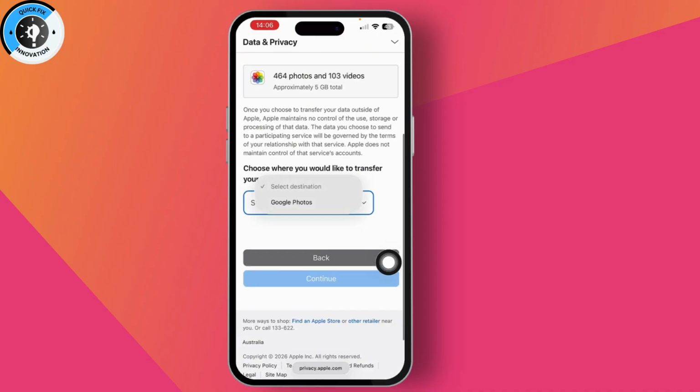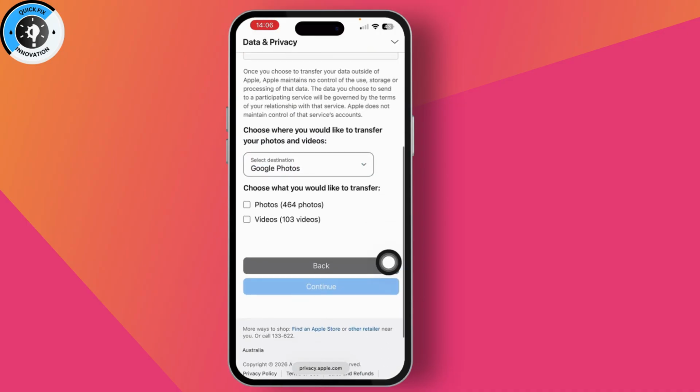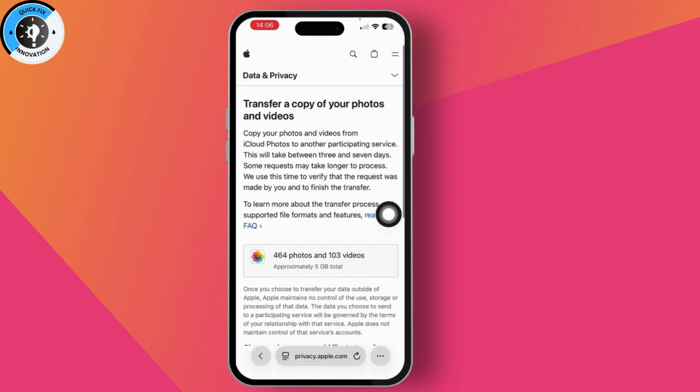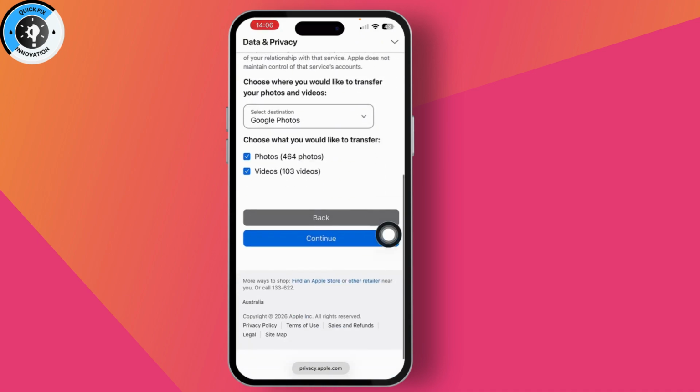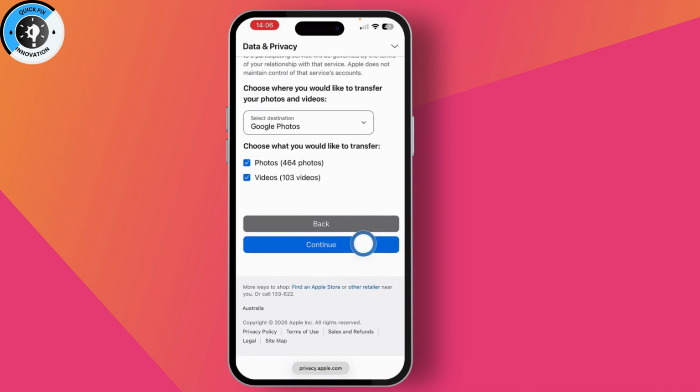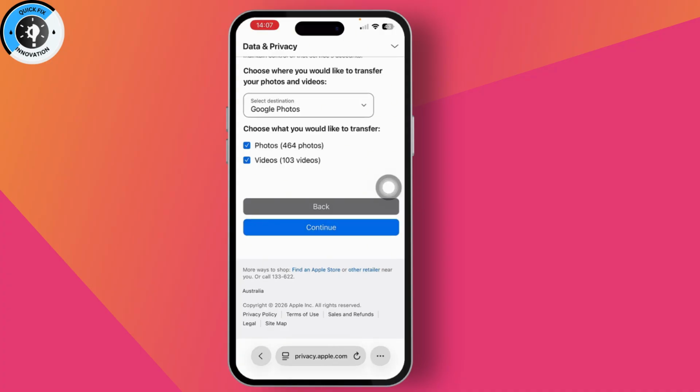Scroll down a bit, select the destination, which is Google Photos, then select photos and videos and go with continue, which will be at the bottom. And let me tell you that your Google account must have enough storage available. In my case, the total is approximately 5 GB, so you need to have at least 5 GB of space in your Google Photos account in order to transfer the photos and videos. Once done, you can go with continue,